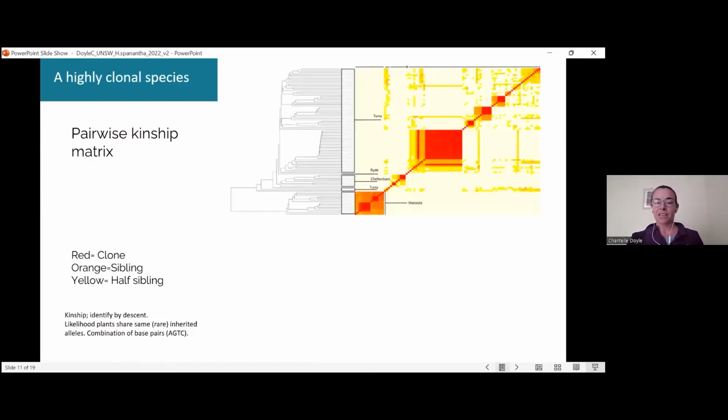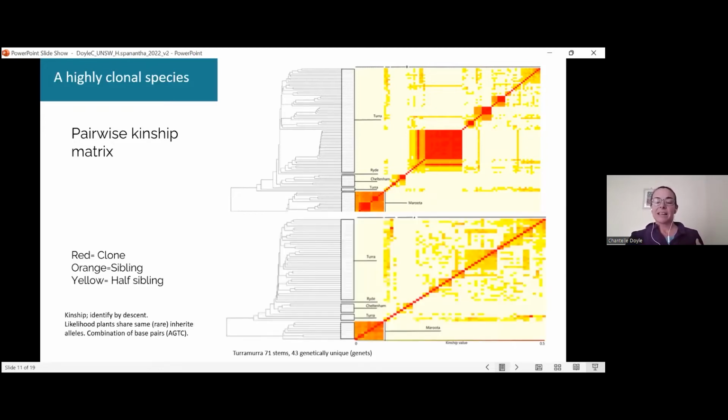So we did a pairwise kinship analysis, which Maurizio presented last week. What you want to take away from this is everything red is a clone. So basically we found out that all of the populations are highly clonal, not very useful for a plant that can't pollinate genetically identical individuals. So of the 71 stems, we found that 43 were genetically unique, or genets.